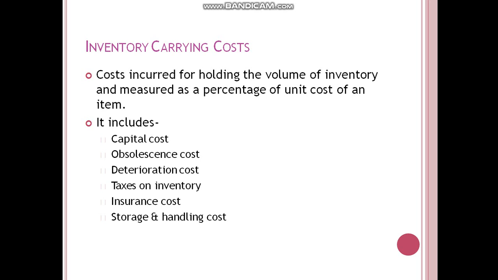The money that you have invested in purchasing the land or paying the rent, that will go under inventory carrying cost. Now in the space in which you are keeping these inventory, you need light over there, so the electricity bill of that space also goes under inventory cost. If you have deputed a person to take care of those inventories so that there is no theft, then the remuneration of that person will also go under inventory carrying cost. And also the taxes or the insurance that you have done for those inventory will go under carrying cost.